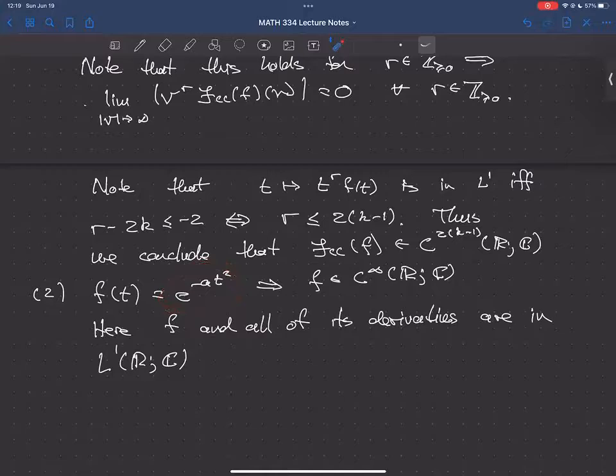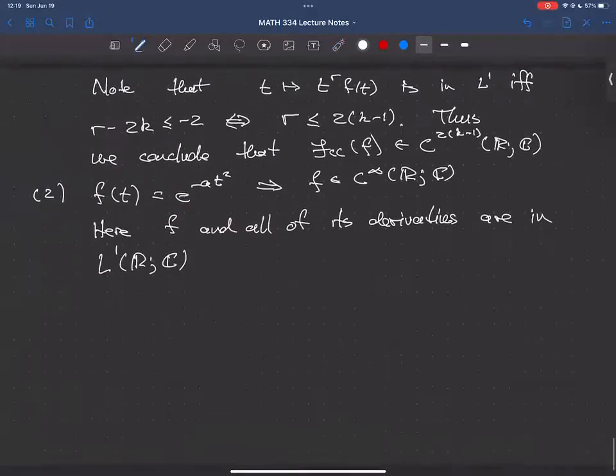Okay, and then as t goes to infinity, the exponential is going to swamp out the polynomials, and so this thing's going to decay exponentially at infinity. So certainly it'll be in L1. Okay, so all derivatives are in L1, and so this implies that